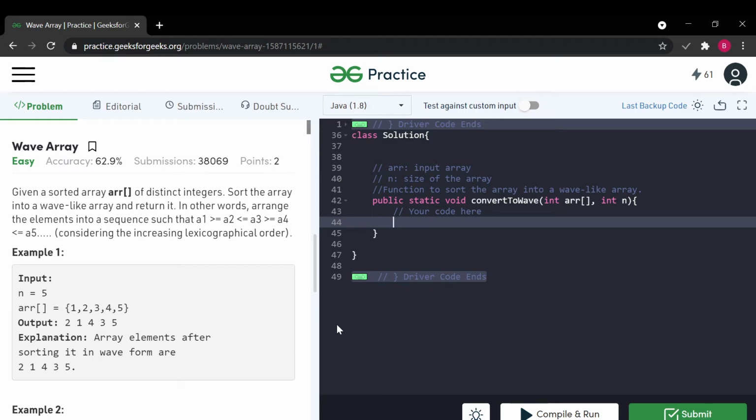Today our problem is web array. In this question, we will be given an array and we have to print the elements of this array in the form of a web. In example number 1, n is given as 5, that is the size of the array. Array elements are 1, 2, 3, 4 and 5, and the output is in the form of a web: 2, 1,